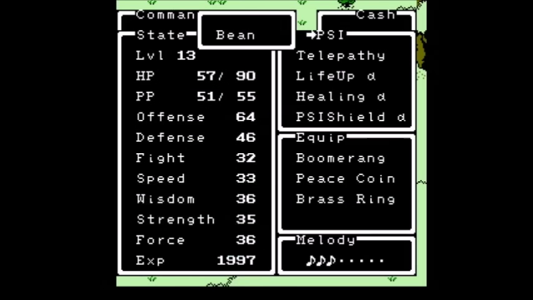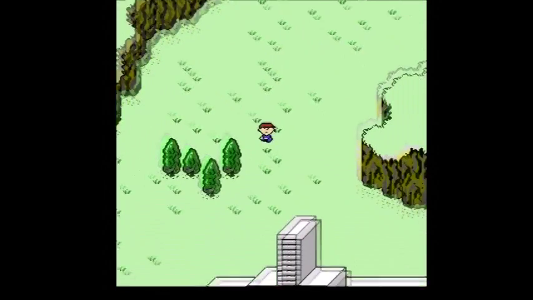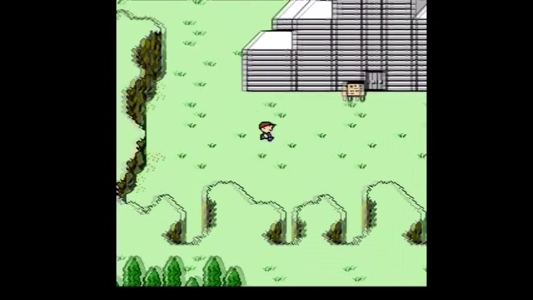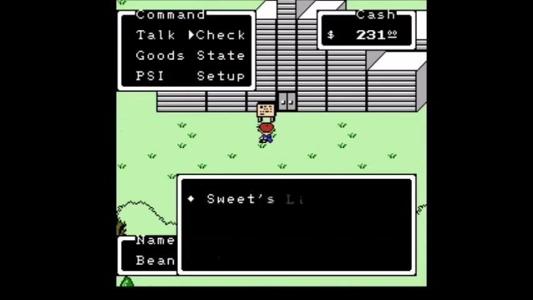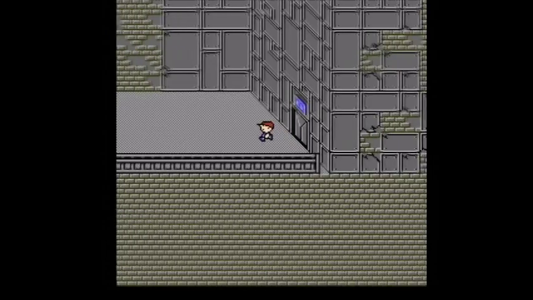At this point, I've long since lost track of which psi powers I have and haven't had, so I'll just introduce them as I use them. I'm just racking up psi points faster than I can count them at this rate. Anyway, here we are at Sweet's little factory. Looks pretty big to me, but